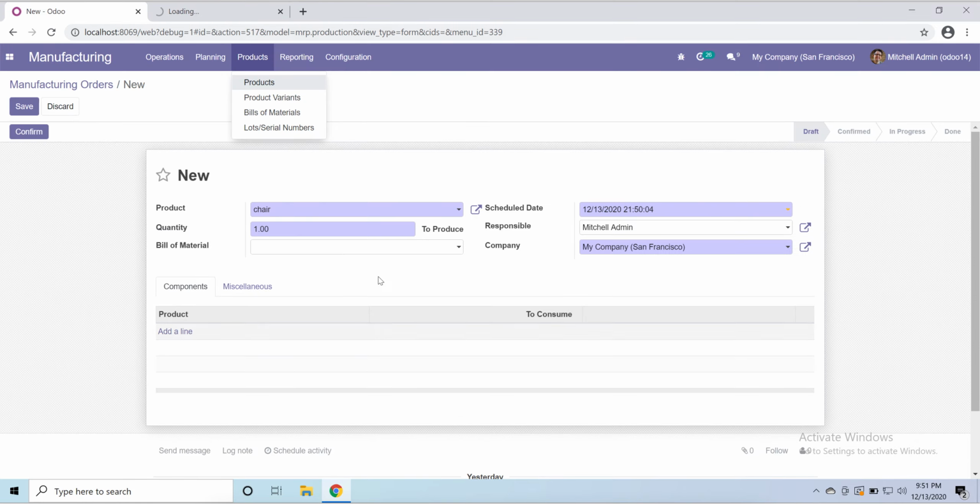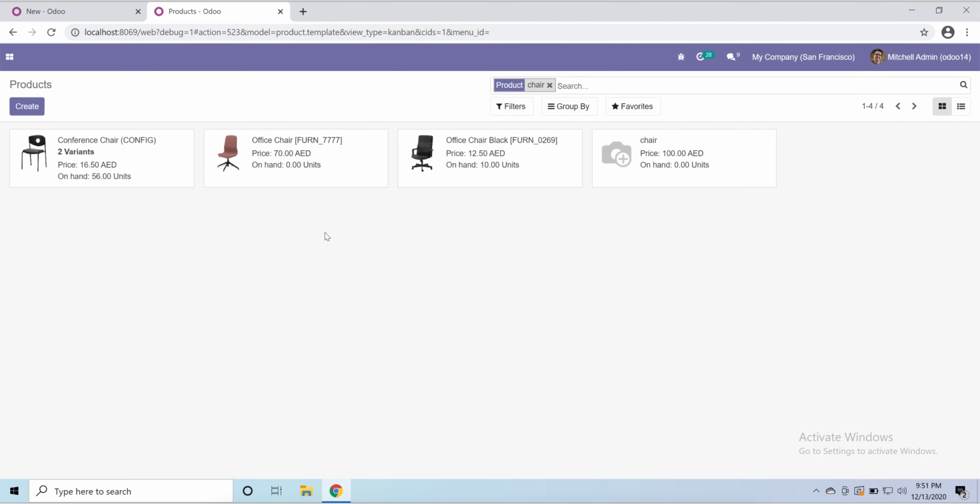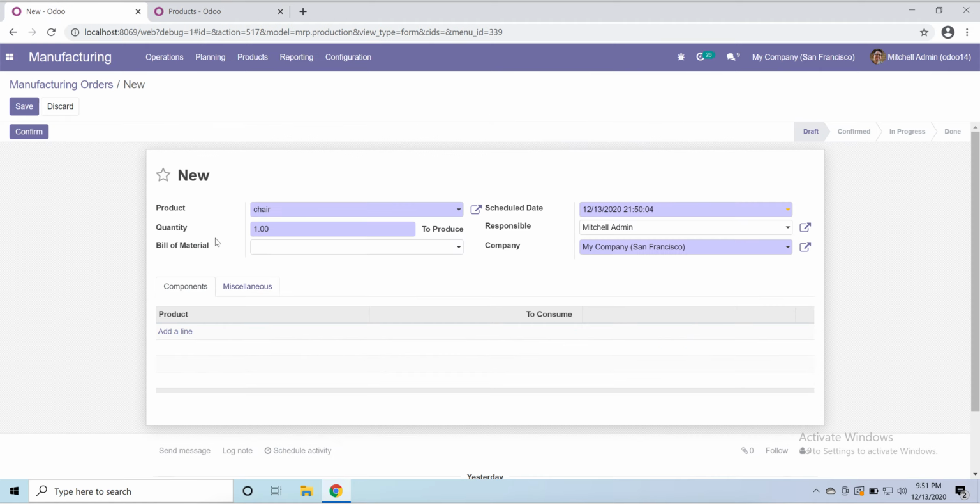I open a new tab. It's loading now. Here, if I go to the product which we created, chair, this one, we have 0 units and the price is 100. Okay, to manufacture this product,